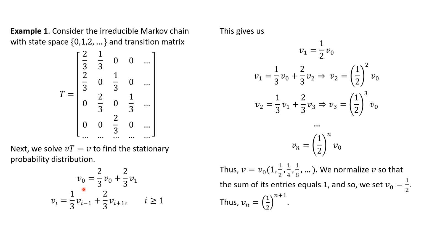Okay, so that's generally how you go about finding a stationary probability distribution. You need to solve some equations, you look for a pattern, and then you need to make sure what you find actually is a probability distribution. So you normally would need to set this parameter here to something to counteract what this sums up to. In our case, it was 1/2.